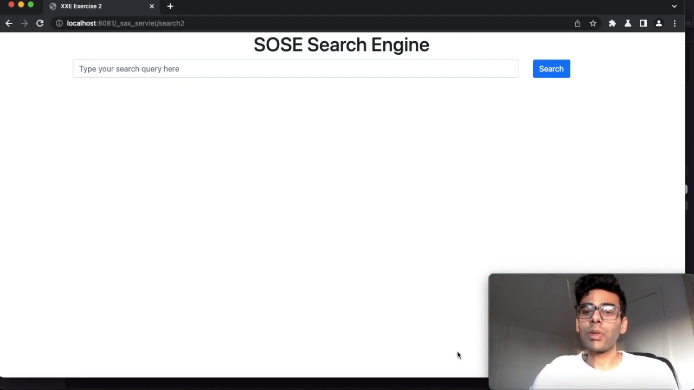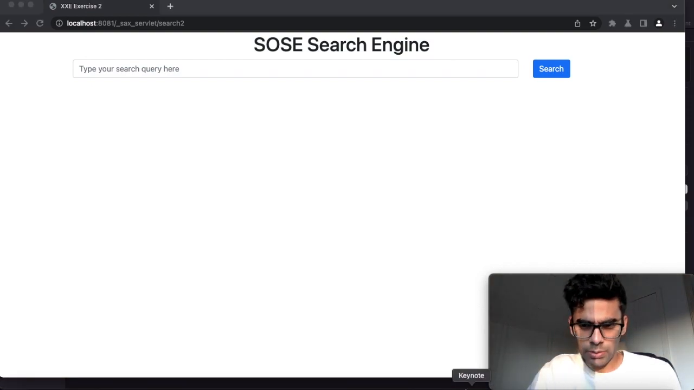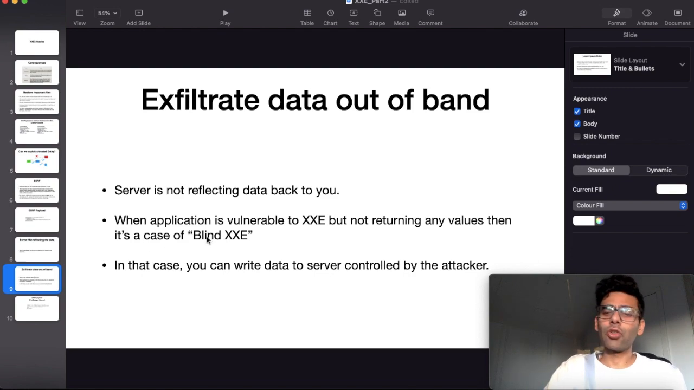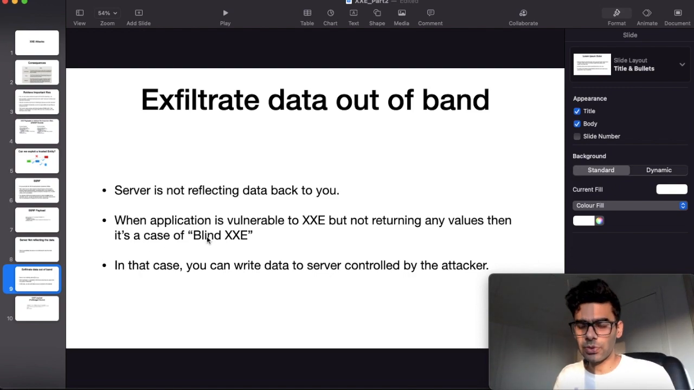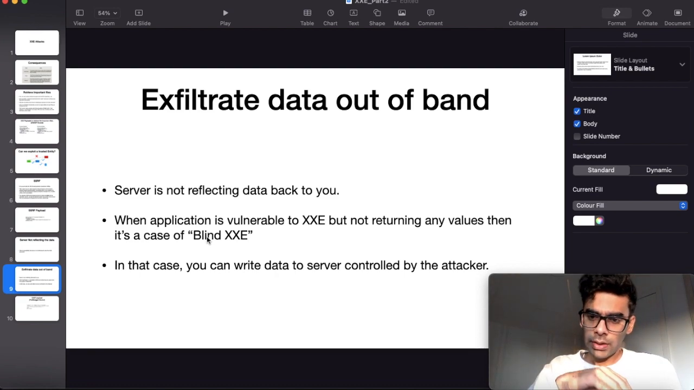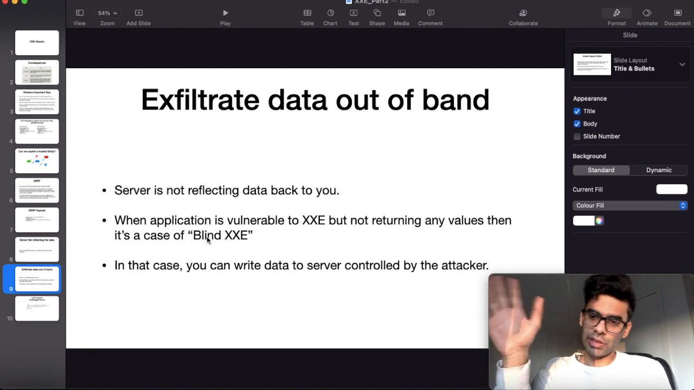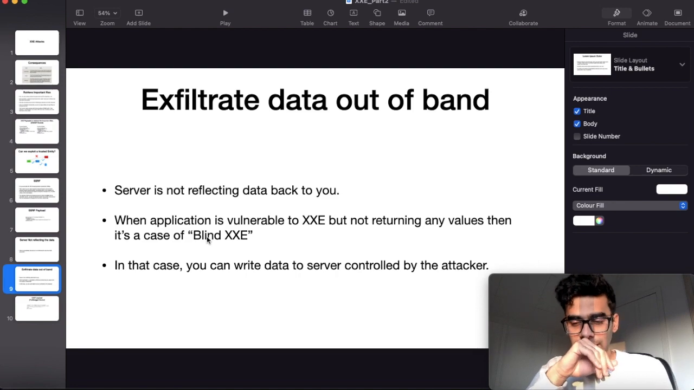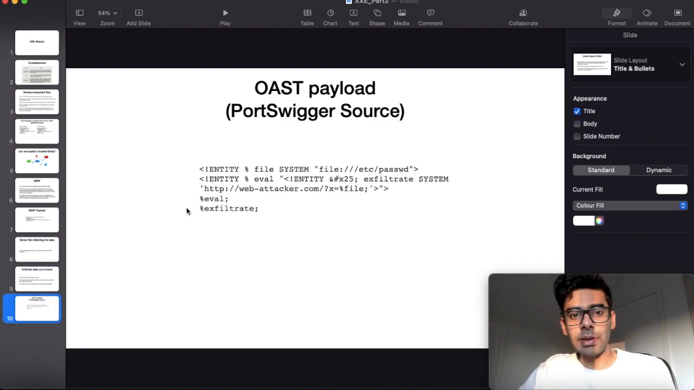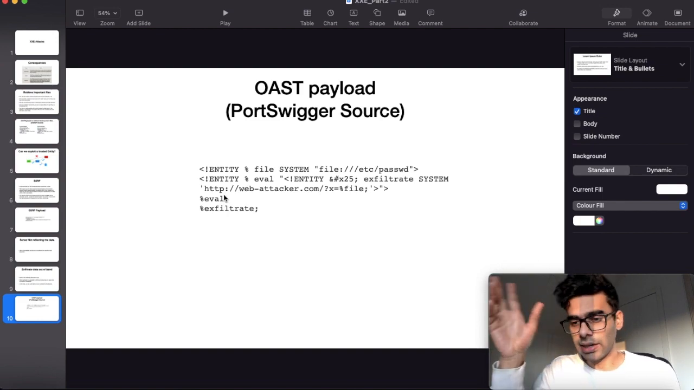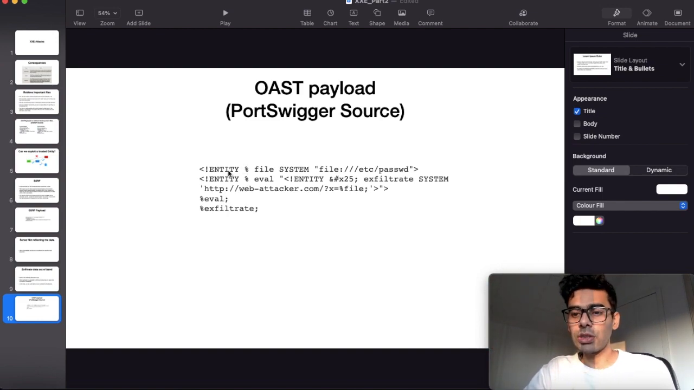In that case, we can use another technique. What was the name of that? The data out of band technique, where we basically try to write data to another server which is controlled by the attacker. Here is one of the payloads I have picked up from PortSwigger. They have created the entity, and this is the doc type DTD that will be there on the attacker server, and we will refer to this one by using